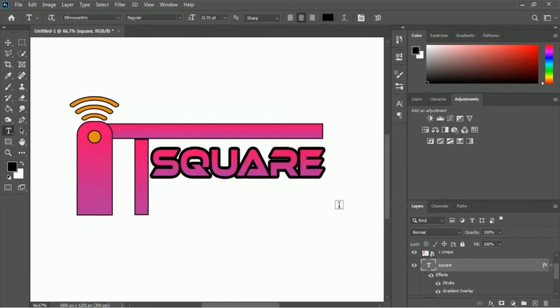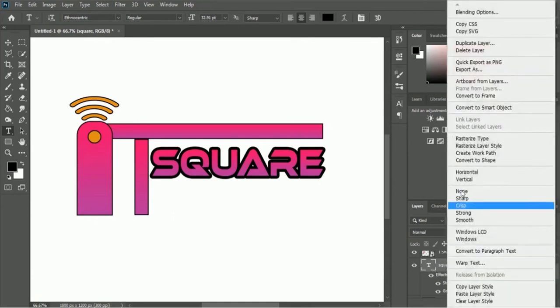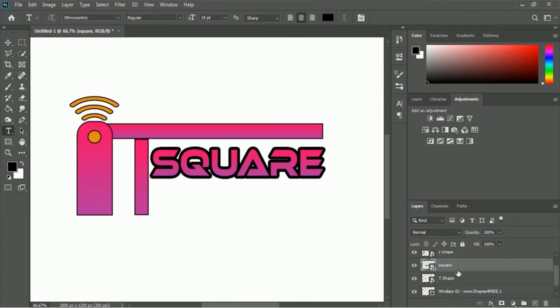Okay, so our square text part is done, and right now we will write the tagline. So let's do that. Before writing the tagline, we have to convert this layer into a smart object. The square text layer, you just have to right click on here, then we will go for the convert to smart object option. Okay, you can take a look, it's converted into a smart object,